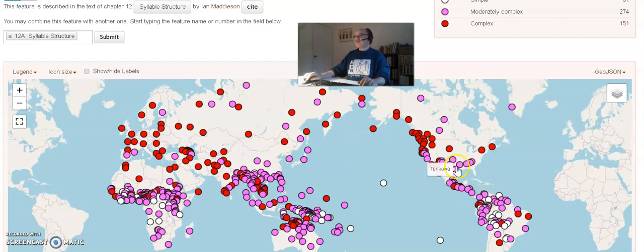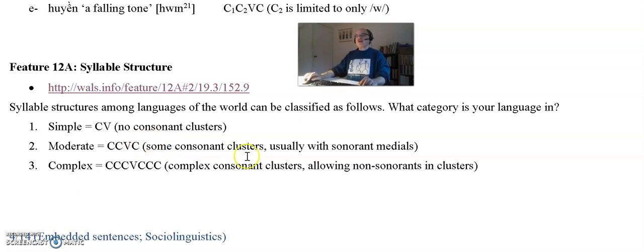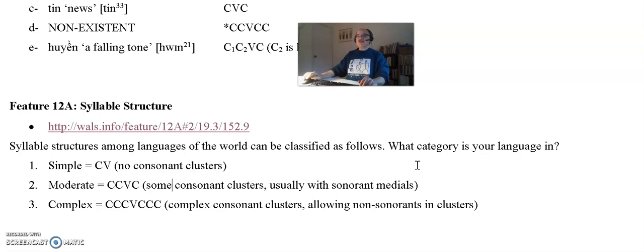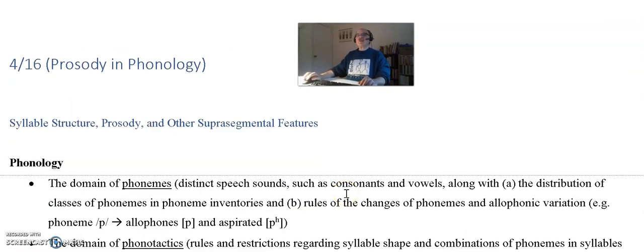But you see these clusters of them. Here's a cluster of red versus a cluster of violet down there. And whoops, let's go back. Okay, this is a typological question that we can ask about a language. Is its syllable structure simple, moderately complex, or complex? And those are the kinds of things when we're looking at prosody that you can explore. So I hope that gives you some ideas you can use when you're doing linguistic research. Good luck.